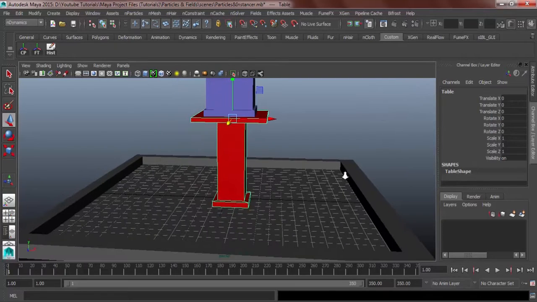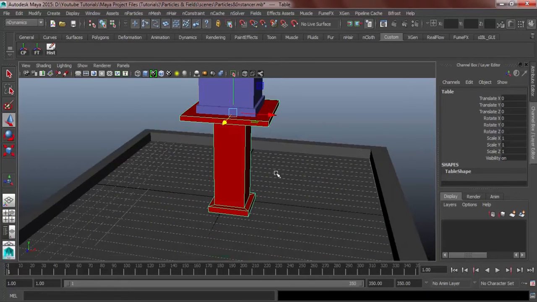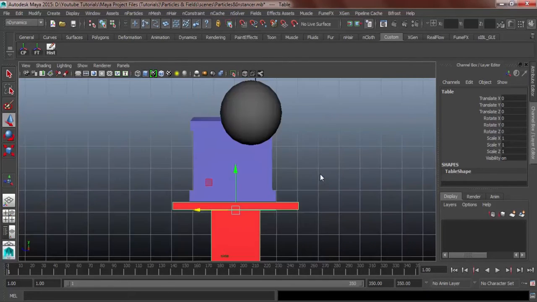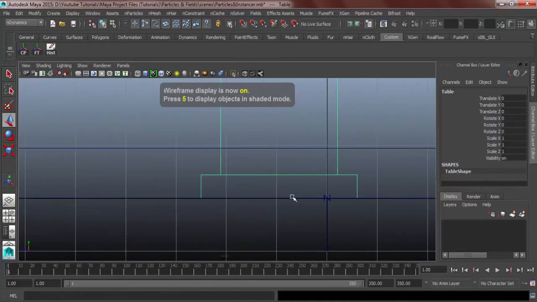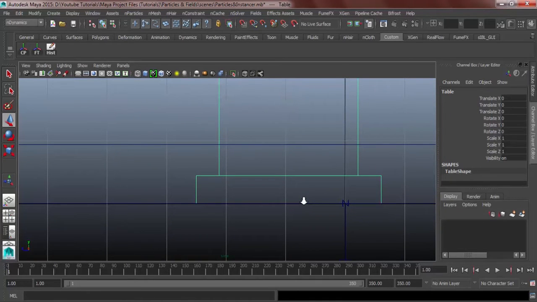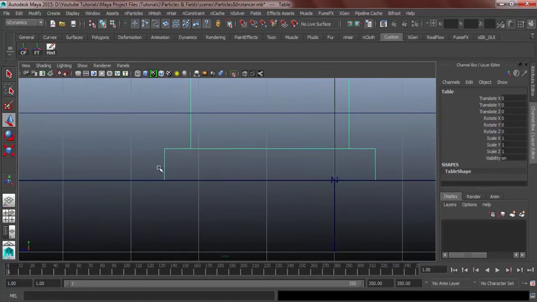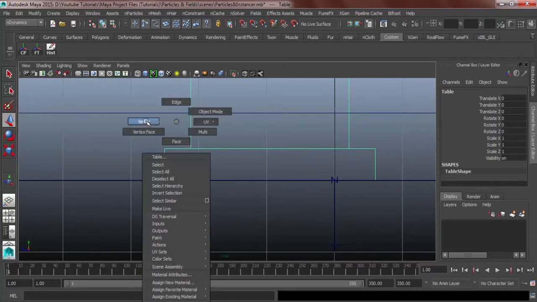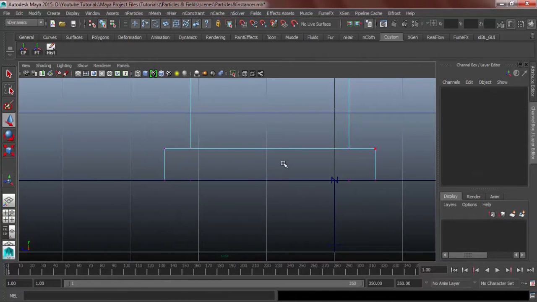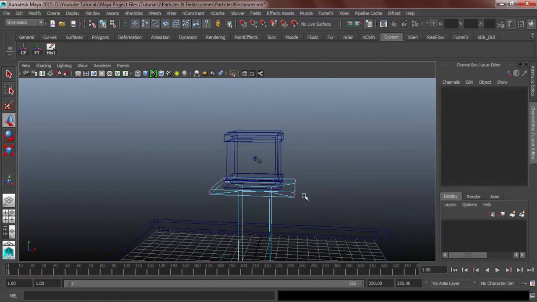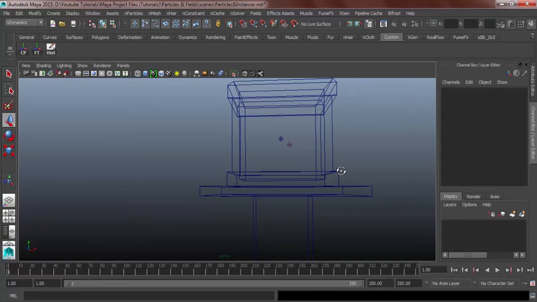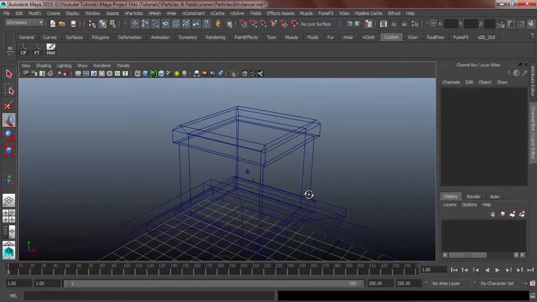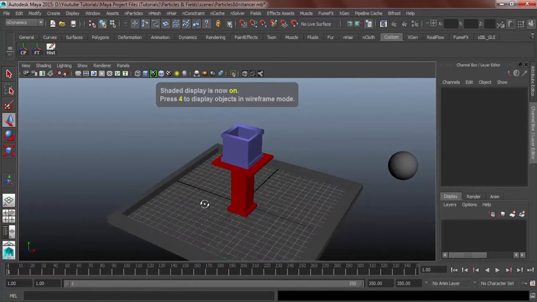But the very important part, when you're going to add a table or object into our scene, is to perfectly align the bottom of the table to the ground, as well as the box on top of the table, so that there won't be any rigid body to rigid body collision,